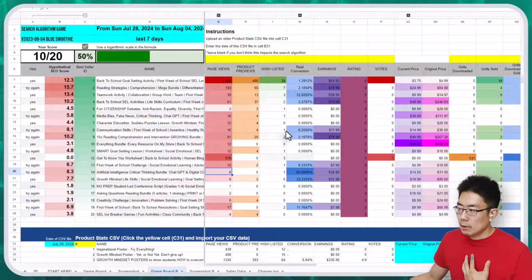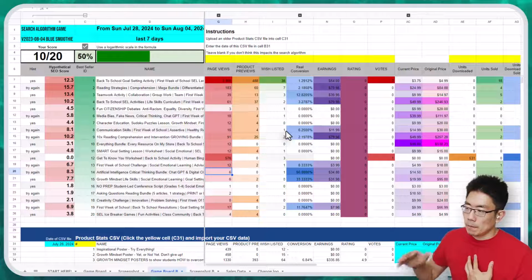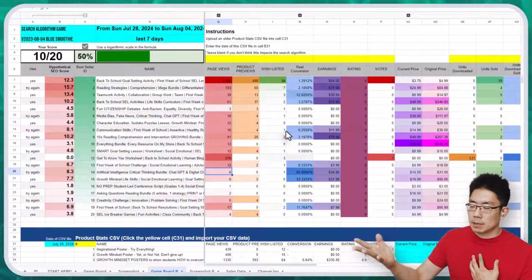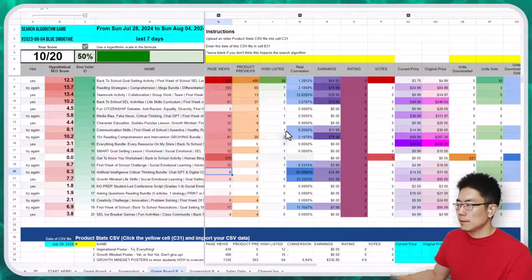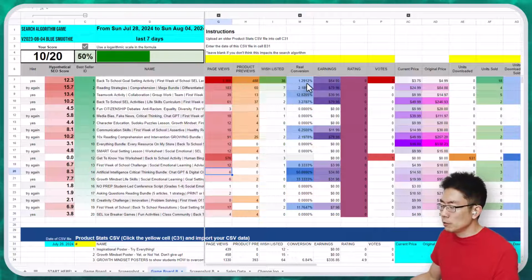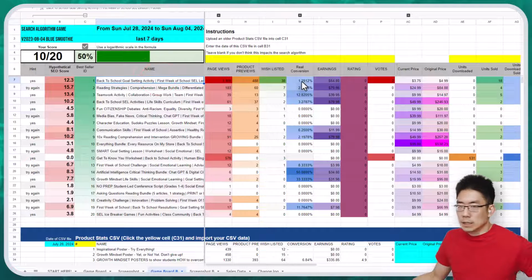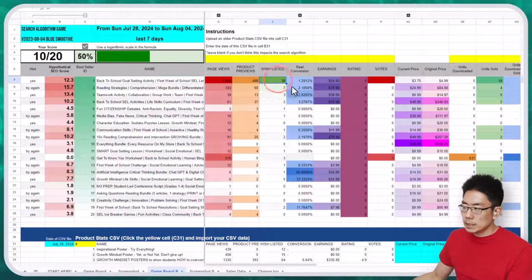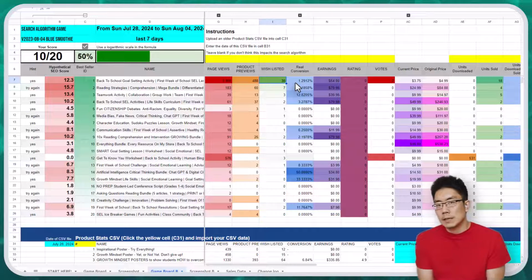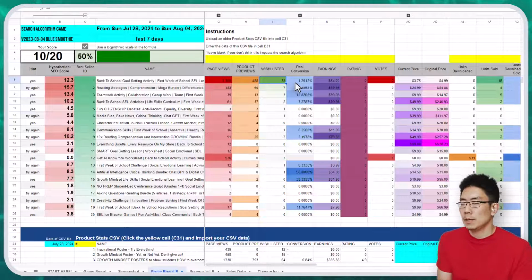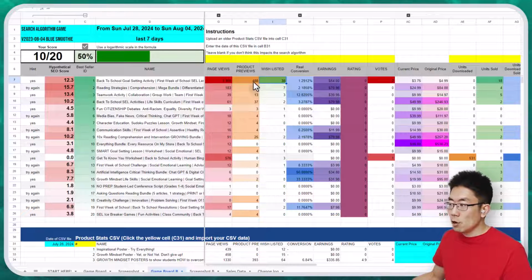The game I'm playing right now is I'm trying to minimize my ad spend costs, my cost per click, and maximize my conversion rate. And if I look at my real conversion rate, right now it's around 1.3% for this resource, which is not ideal. I see people are wish listing it. So are they wish listing it because they know there's a TPT sale coming up in a few days? Or are they wish listing it because I haven't communicated the value of the resource well enough in the product preview? I know that people are looking at the previews because there's 488 previews.